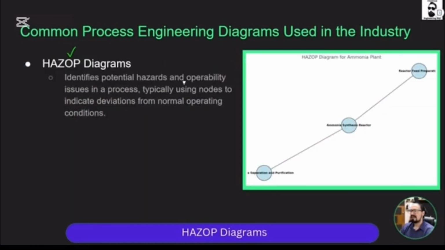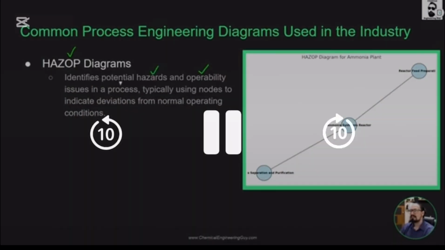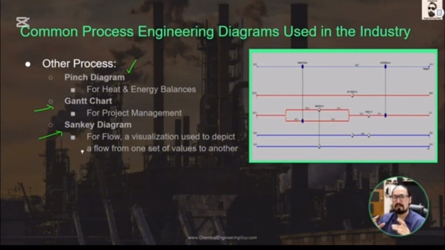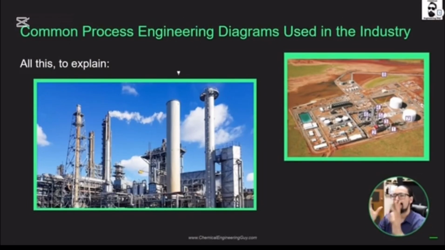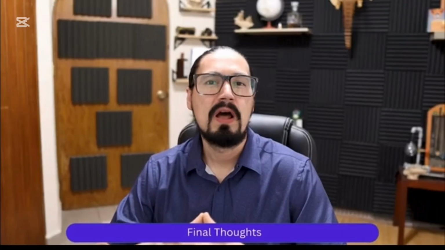Let's continue with the HAZOP diagram, guys, and as the name implies, it identifies potential hazards and operability issues. We're fed up with all these diagrams and drawings, and we're going to explore even more, but for now, everything that we cover is a great amount of diagrams. And all these guys to explain the ammonia plant. We want to explain this process right here, the aerial photograph and the horizontal photograph of the chemical plant. So, probably you are wondering, guys, what